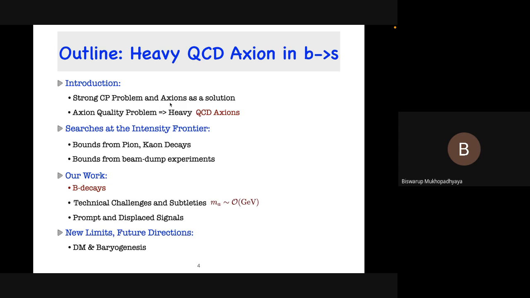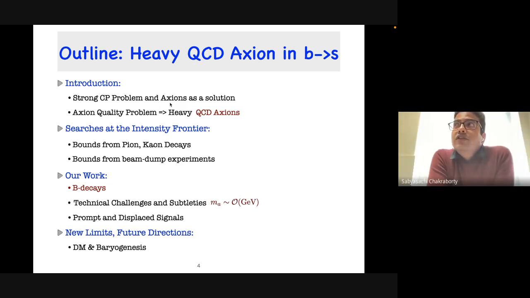Okay. But in the course of this talk, when I show the constraints and the results, I will show how sensitive the bounds can be if the axion couples to other particles such as quarks or even photons. This I'll mention in the talk. But in the first part, at least, I'll only focus on G G-dual because it has direct relevance to the strong